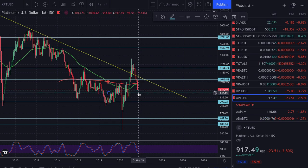I will keep this horizontal line in for now. What we do from there remains to be seen. If it was a level of support, you would see a bounce back up on the monthly time frame. Where we go from there, I don't know. Again, don't have a crystal ball. If we were to move back up further, you'd be looking at this downtrend line as some kind of level